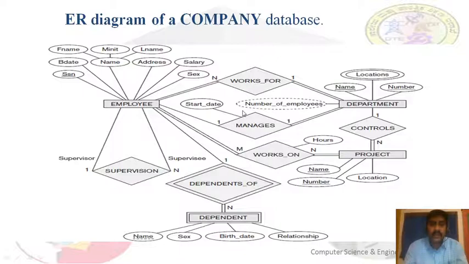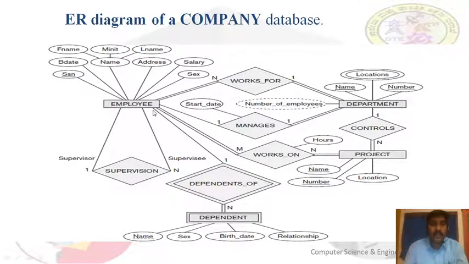Then the next one is derived attributes. How can we identify derived attributes? They are denoted by dotted ovals. Dotted ovals indicate derived attributes, that means this attribute is derived from other attributes. The next, very important one is the key attribute. How can we identify the key attribute? It is an oval shape with an underline. If the name is underlined, that means it is a key attribute.